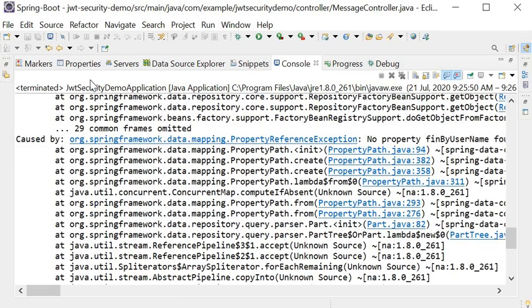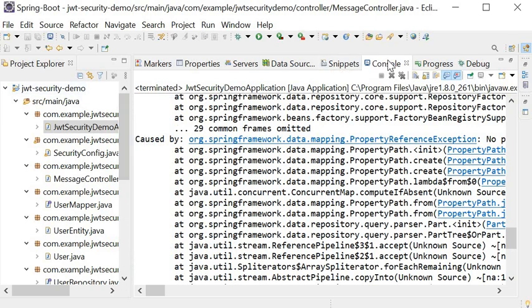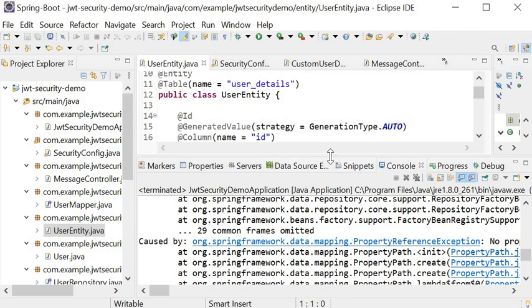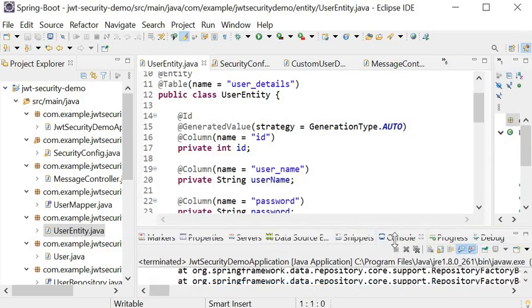So here I need to check our user entity class. I will go to my user entity, and here I will check the names of the properties, that is username.